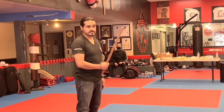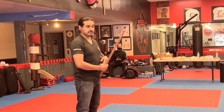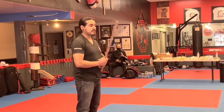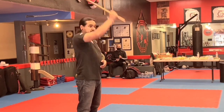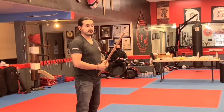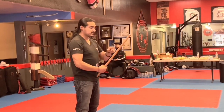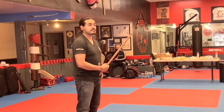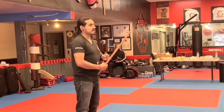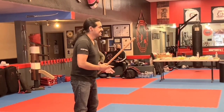We don't extend. Just physically speaking, you're much stronger when you're closer to your center than if you were to extend out. We don't come out and then down, because that exposes your hand to get hit before you ever get your stick out there. We maintain our wrist at a 90-degree angle, so the tip of the stick comes out first. And we focus on the tip of the stick for, I guess you can say, the physics of the strike